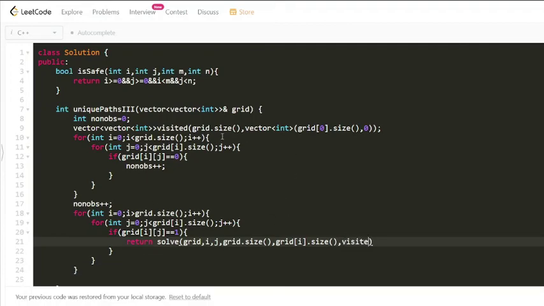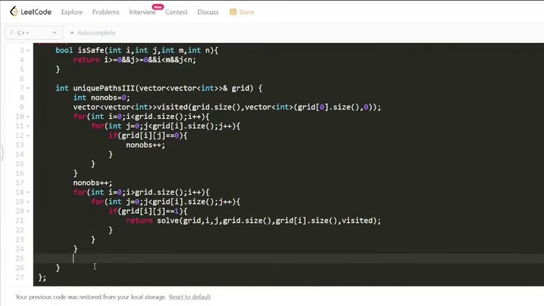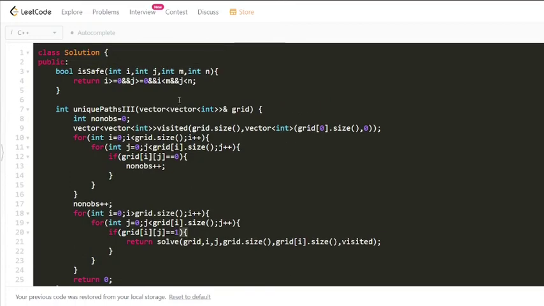So visited. If there is no starting point in the grid, then it returns 0.